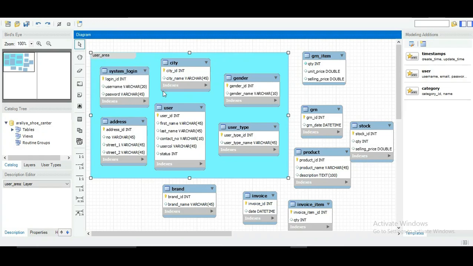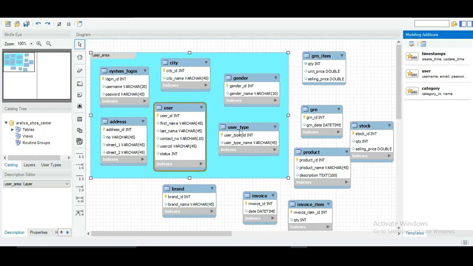And next what I need to do is create the relationship between this user table and the user type table. So since there can be many users with the same user type in this table, that means there can only be a one-to-many relationship between these two tables.